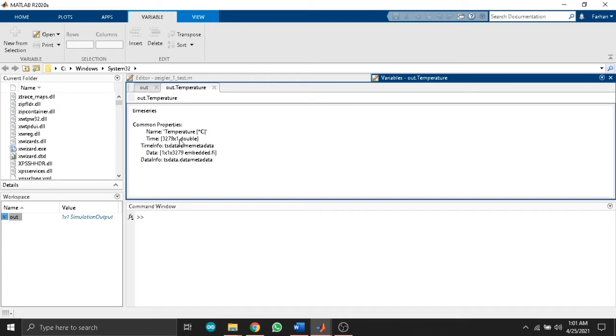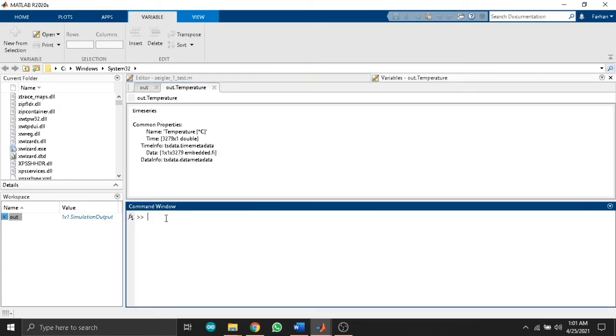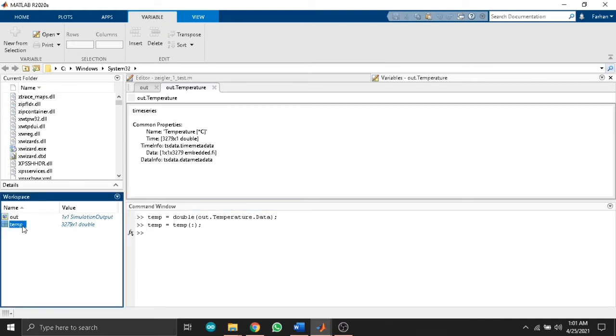Now I have to get it into a double data type so that I can use it in deriving my transfer function. So I will do some coding here. So now I have got the temperature as a double data type.